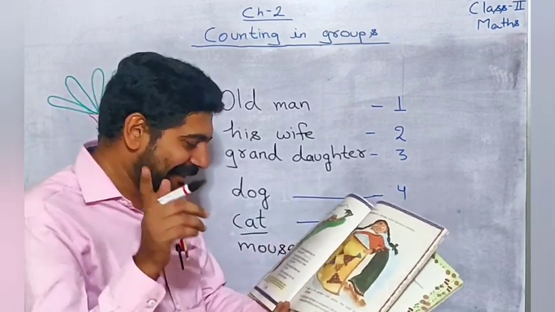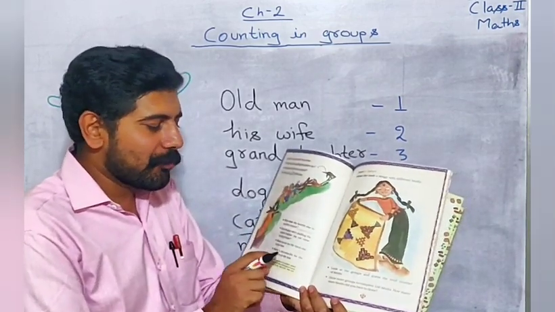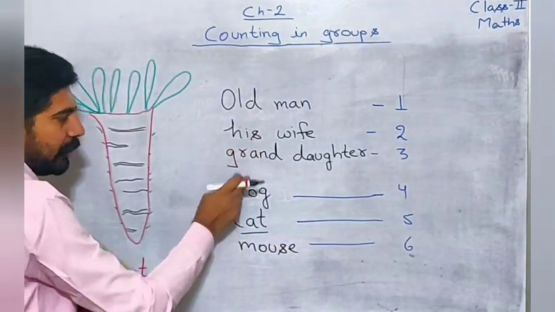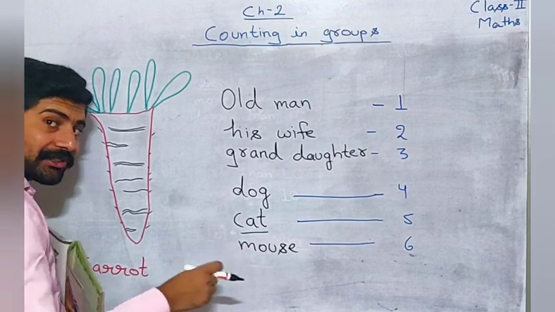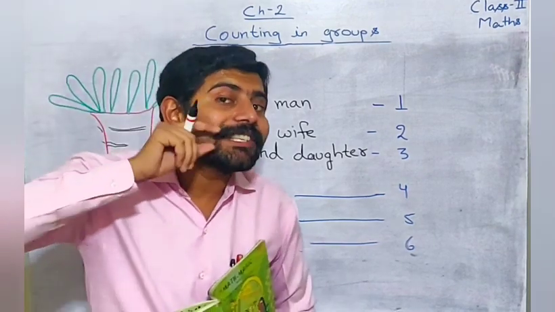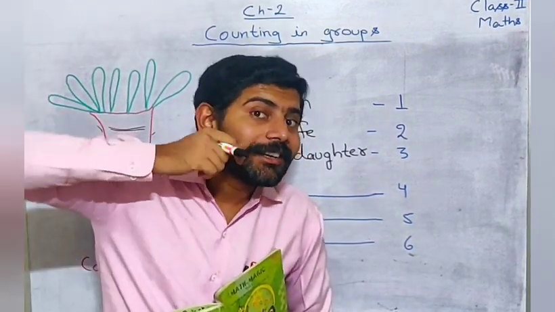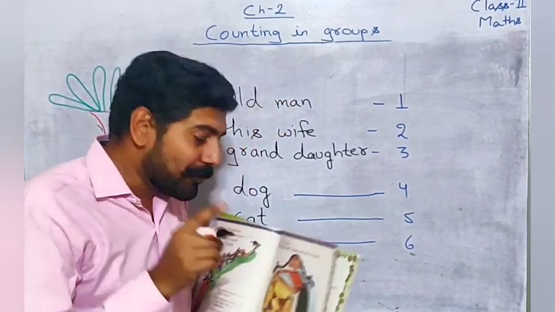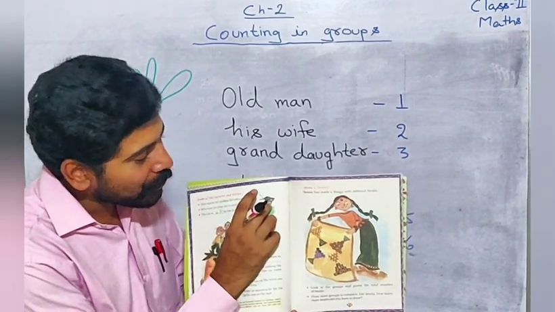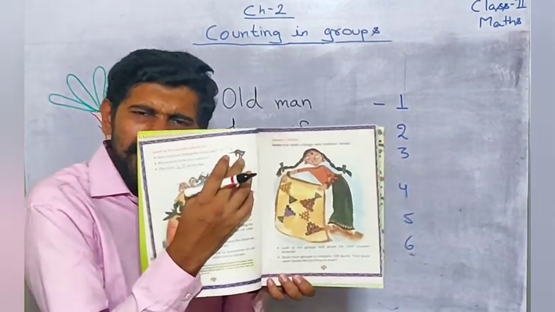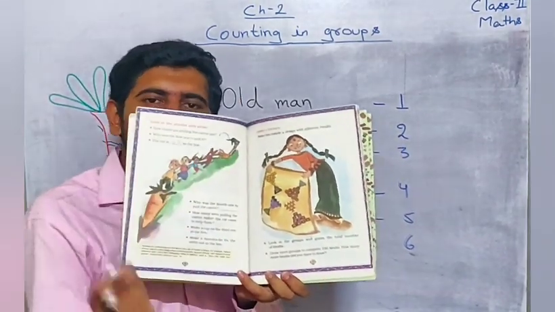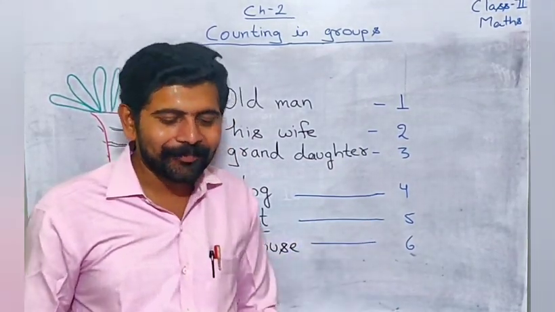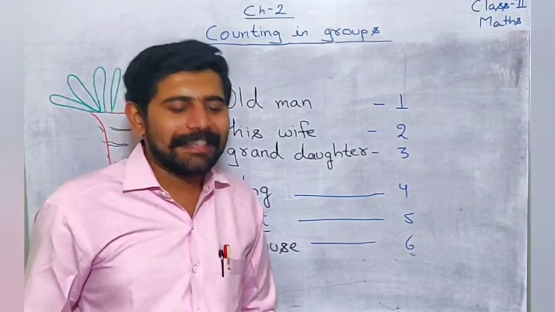I know. You will make a mustache for the 6th one in the line. Who is the 6th one? 1, 2, 3, 4, 5, 6. Mouse is the 6th one. And you have seen a mustache on the mouse's face, na? Like this mustache, the big one. So you will draw the mustache of this mouse. You are looking here, na? No mustache is there. You will draw. Okay? Sure? Okay. Then one more activity is there.